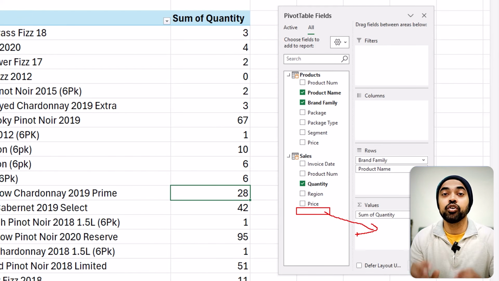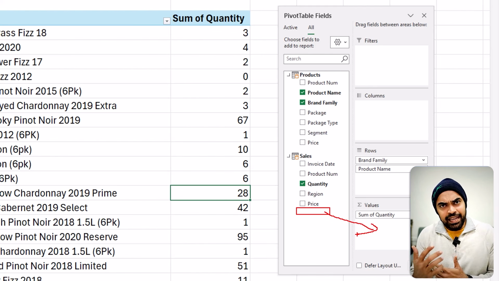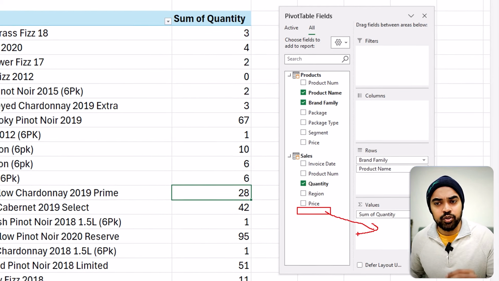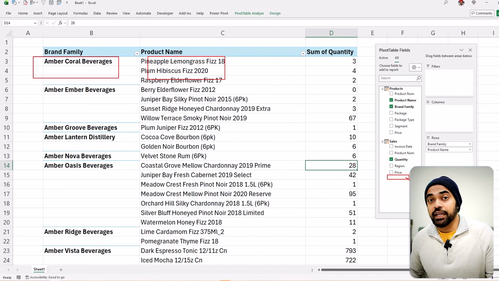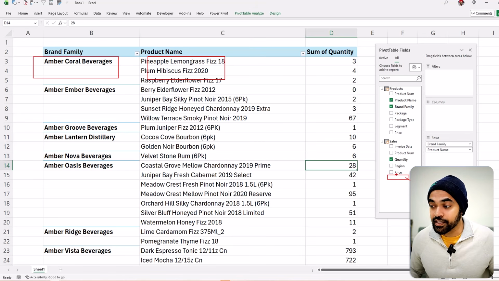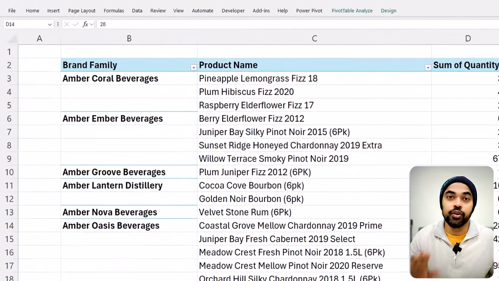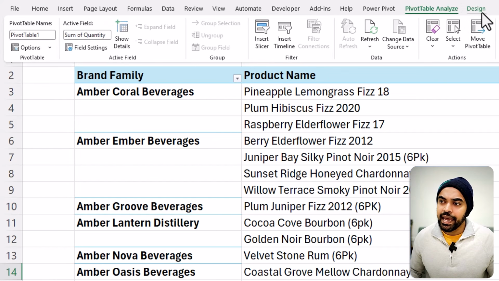Not bad, but not good either. What I have done technically is that to be able to calculate sales for this brand family and this product, I've literally committed to writing 672,000 rows of formulas just to make one column. Not good. So what I'm going to do is go back to my Power